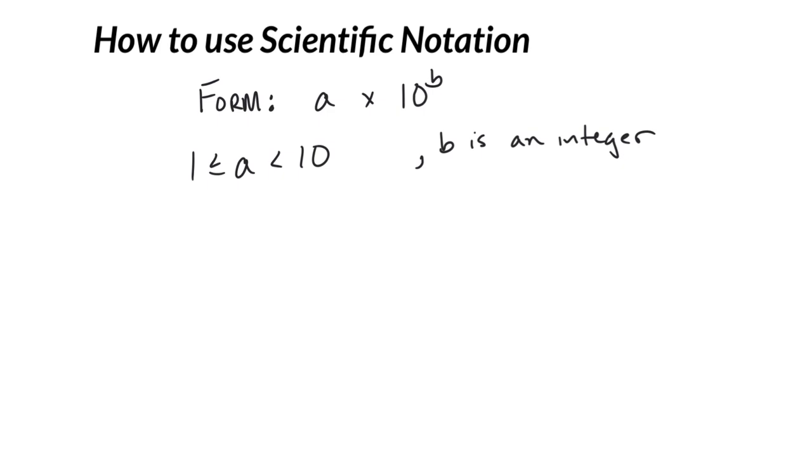So an example of a number in scientific notation would be something like 2.6 times 10 to the fifth. And you'll notice that 2.6 is between 1 and 10, right? And 5 is an integer. Now, what this means is essentially we're taking 2.6 and multiplying it by 10 5 times. We are moving our decimal place. Every multiplication of 10 moves a decimal and adds, I guess, another 0. So this would become